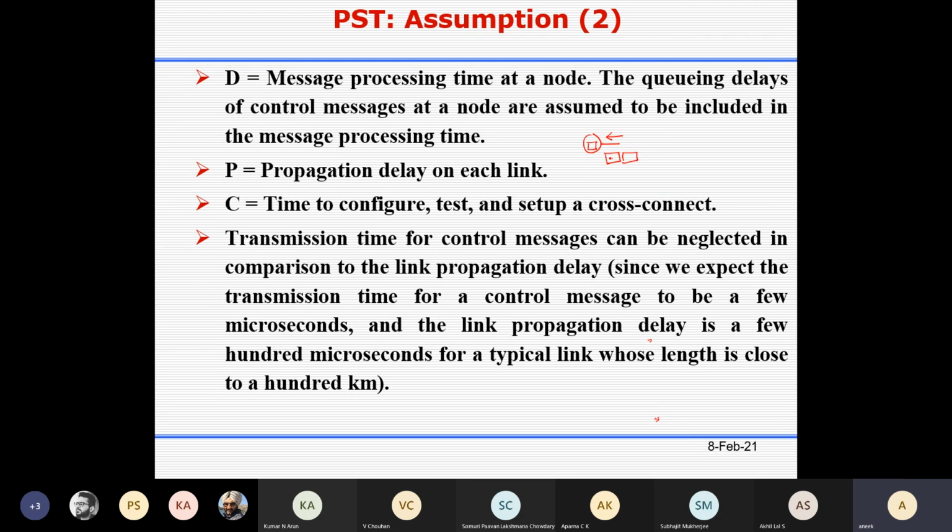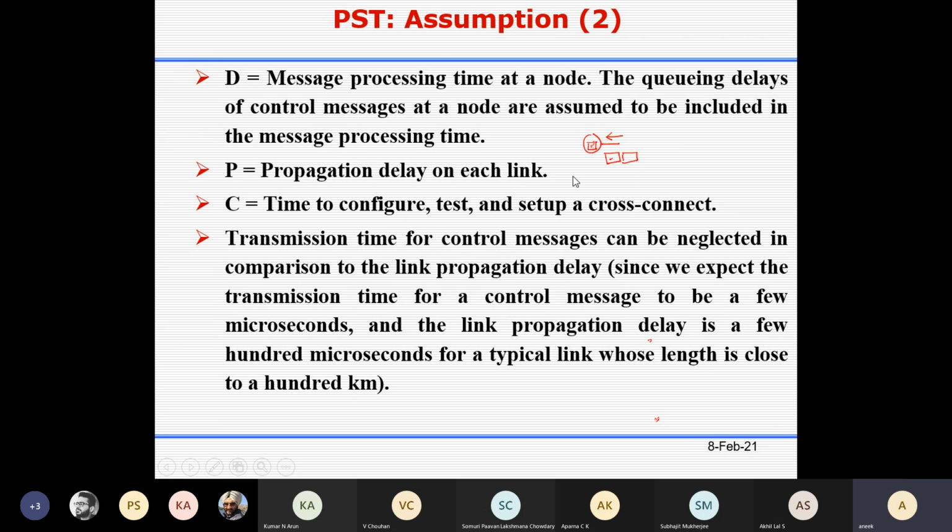You can't predict it at the beginning. When the packets will come is stochastic in nature, so it's a random process. The queuing delays also will occur, and that is included in the processing time D. For the timing, we consider D to be a fixed value, because we are trying to estimate this thing.